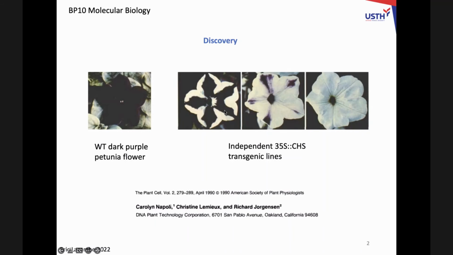But what they obtained was the exact opposite phenotype. In other words, instead of spreading the color everywhere, they found some completely colorless flowers, even if they were overexpressing the genes of the biosynthesis of the pigment. So they didn't understand at all what was happening, because instead of increasing, the content of the pigment was completely disappearing. So later on,